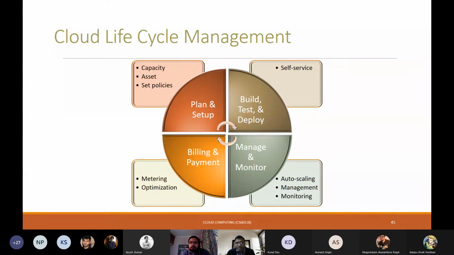Then comes managing and monitoring, taking care of issues such as auto scaling, management, monitoring, etc. And finally, billing and payment, that is the metering and the taking care of issues of optimization,